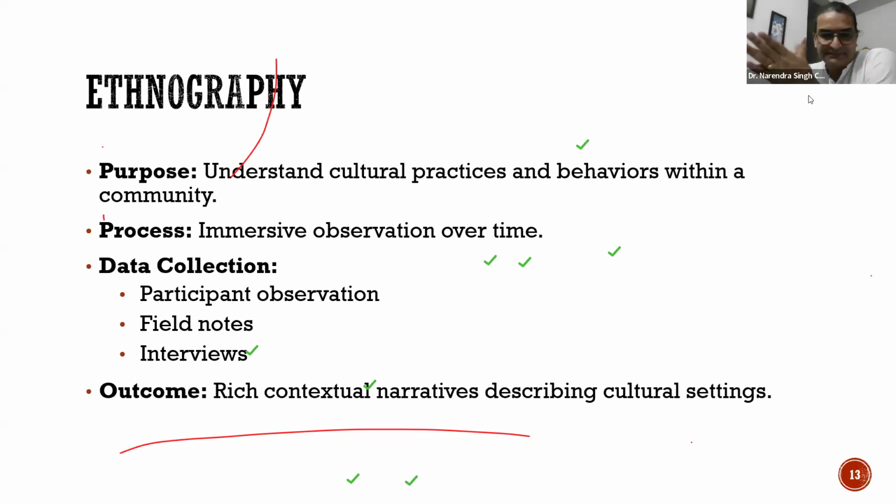I'll give you one context. The way Indians make decisions and the way Americans make decisions, is it the same or is it different? You can just put your responses in the chat window, so that I can also understand that you people are attentive. Is there a difference in the style or is it similar?